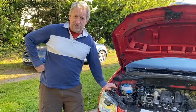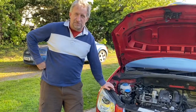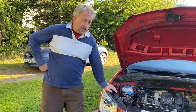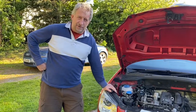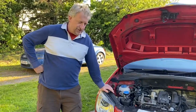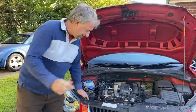But the customer turned up this morning with this, saying the dashboard had lit up like a Christmas tree and it was making a funny noise from the back. Okay, so it was booked in anyway around about now for the front brakes, but these were all on top of that job. So first thing was flip the bonnet and Charles